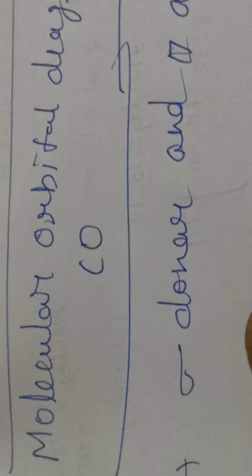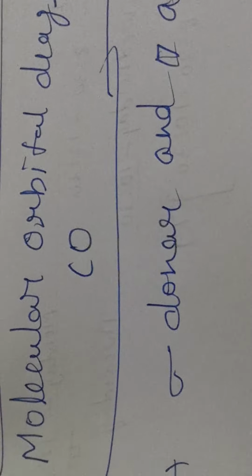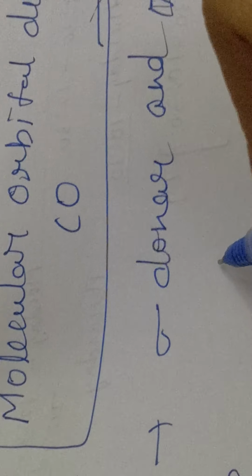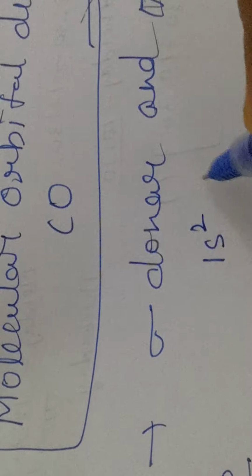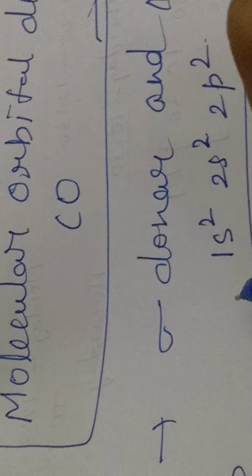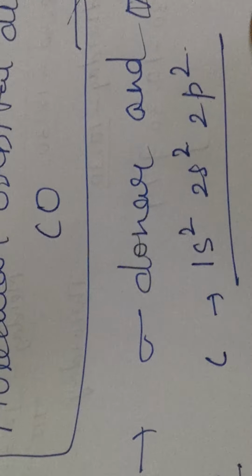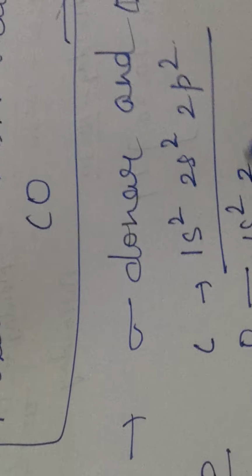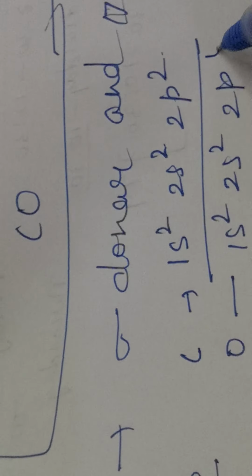In carbon monoxide, there are s and p orbitals. The electronic configuration of carbon is 1s2, 2s2, 2p2, and in case of oxygen, 1s2, 2s2, 2p4. So if you are drawing the molecular orbital diagram of carbon monoxide,